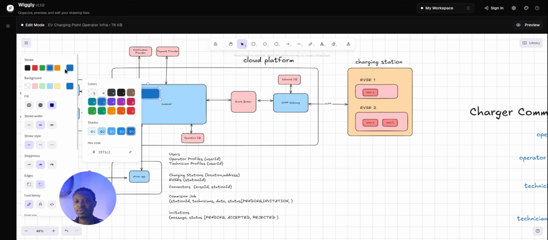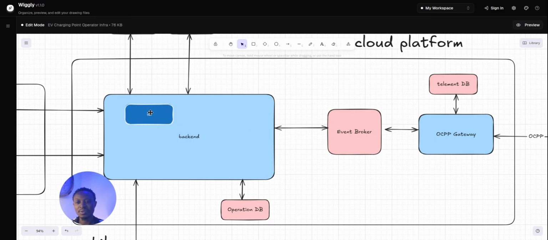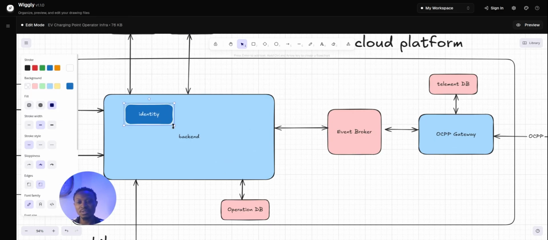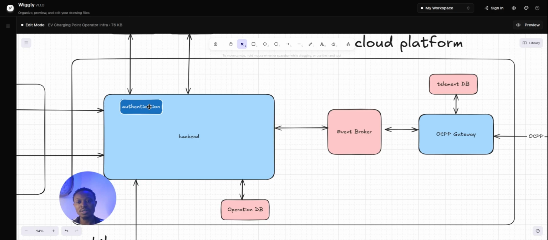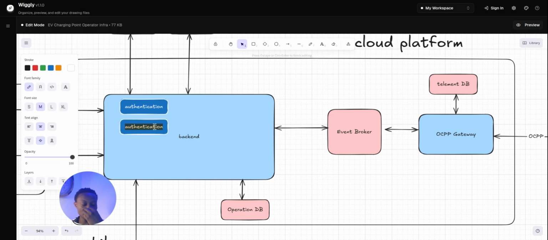Let's do a deep shade of blue and a white text. So we have the identity section. This is what will handle our auth, or you can call it authentication. So the authentication service will handle that, and then we'll definitely have a service, a group of APIs that will handle